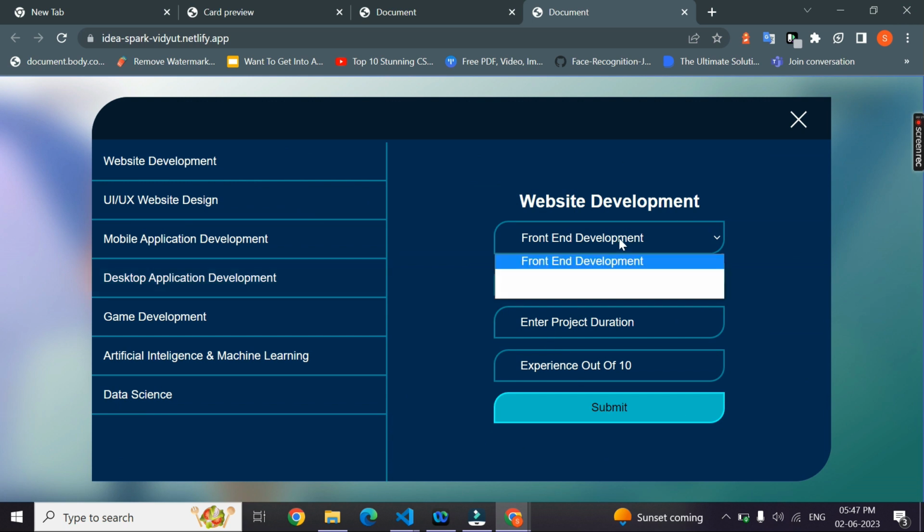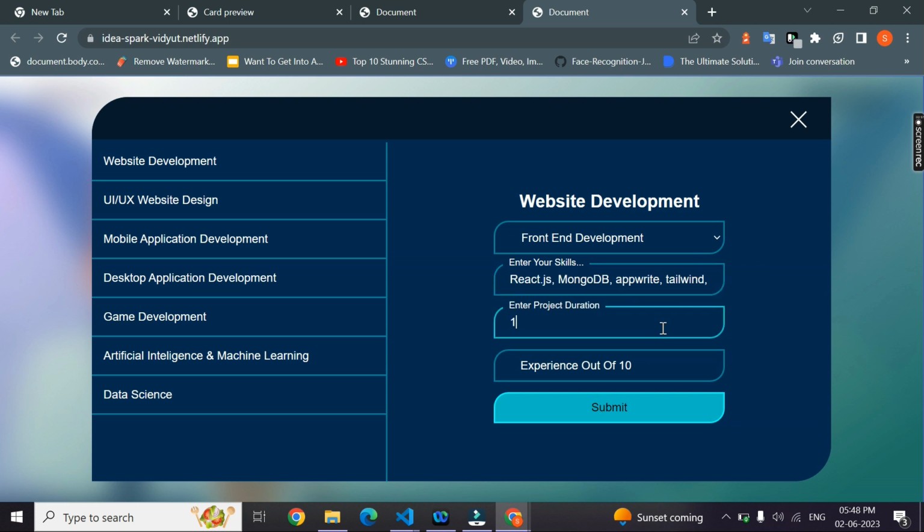It shows the form, and the user can select the domain like front end development, back end, or full stack web development. Let's take front end development and let's enter my skills as React.js, let's say MongoDB, Appwrite, and let's choose Tailwind with Dev UI. I'll enter the project duration as 1 week and I will rate myself as 9.5. And if I click on submit, after a few seconds,